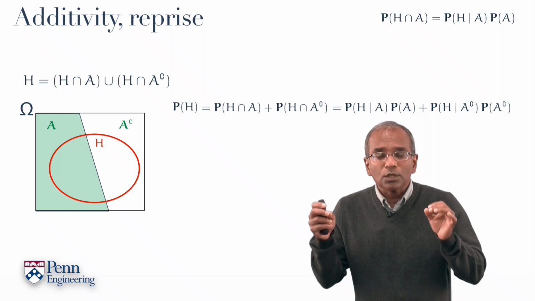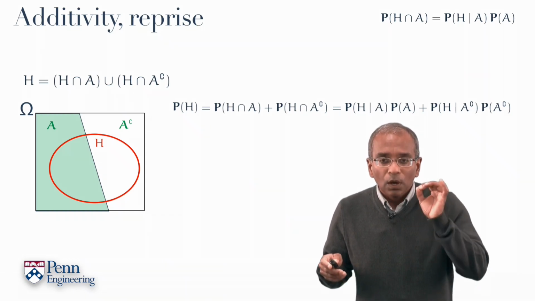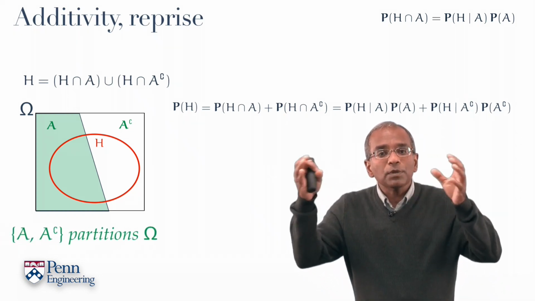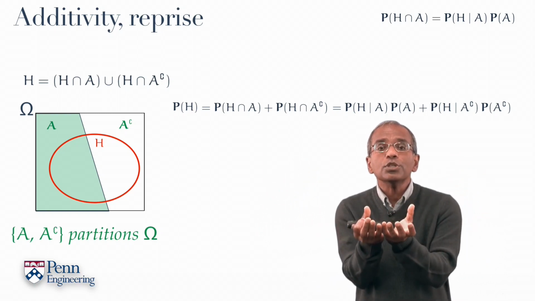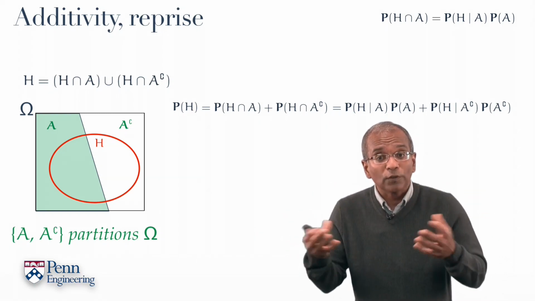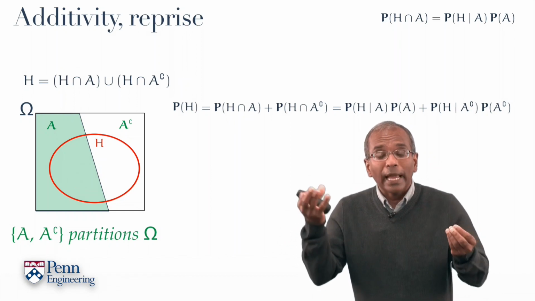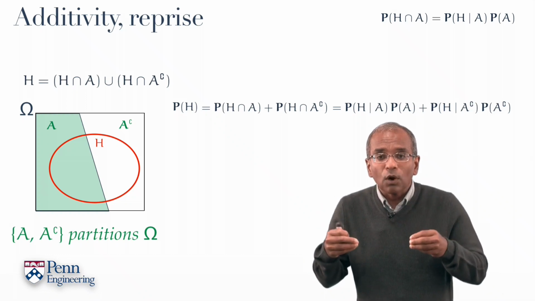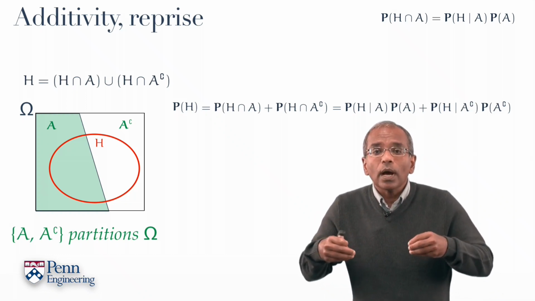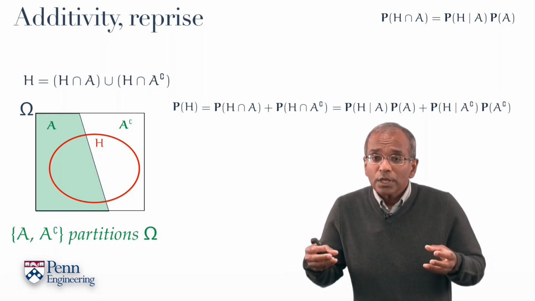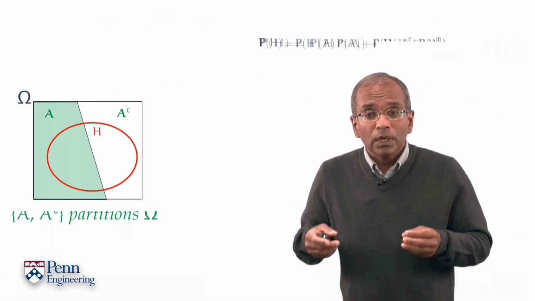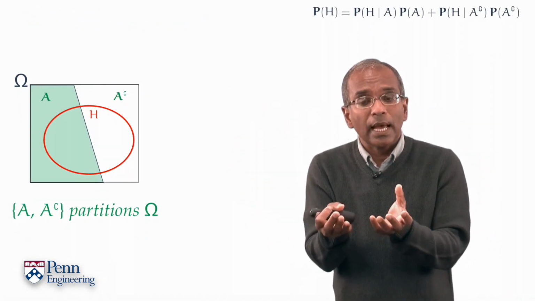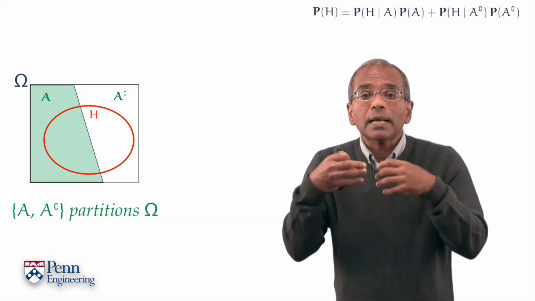What was at the heart of this simple observation? A key principle. The division of the sample space of possibilities into two disjoint pieces, a partition of the sample space into two components, A and the complement of A. This understanding already shows the way to an abstract generalization, which is useful in its own right. So again, we've begun by partitioning a sample space into two pieces and then figuring out how that partitions an